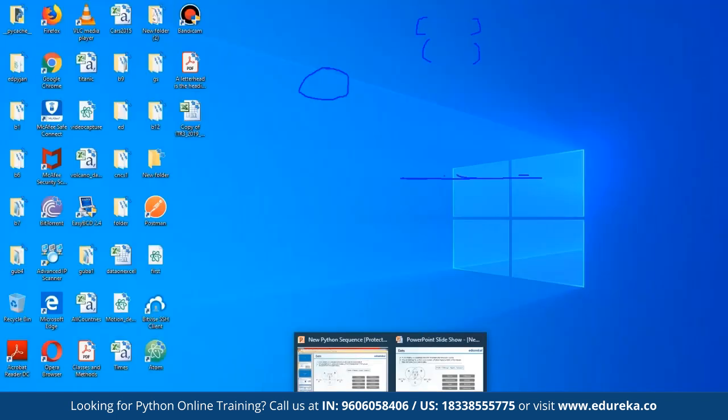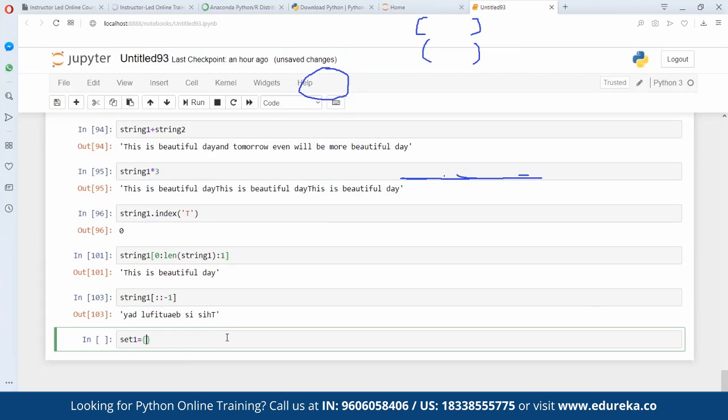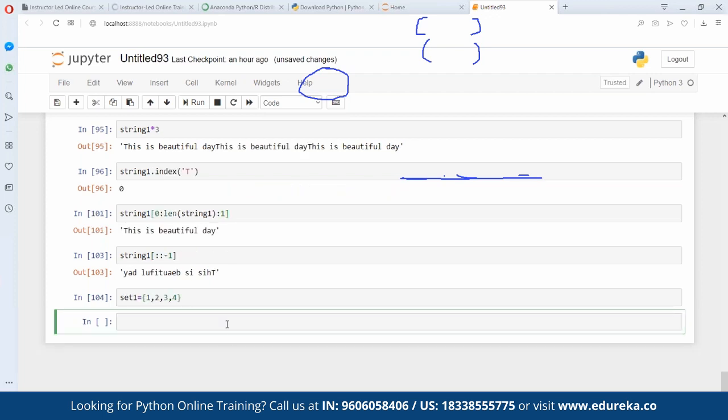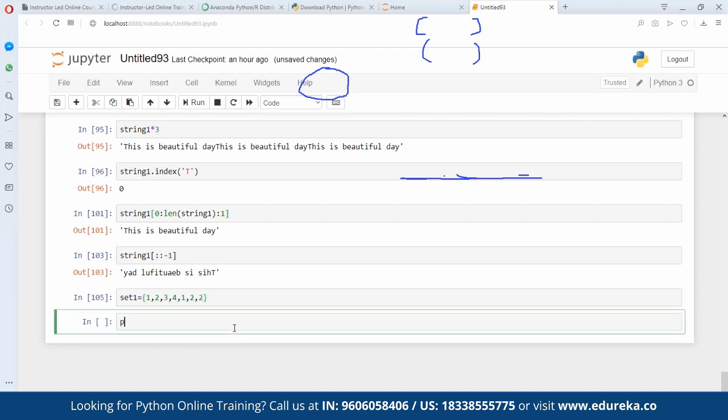So let's create a set, set one. Let's say set one is equal to, in the curly braces we can write the elements, let's say 1, 2, 3, 4. Let me do one thing here. Let me write here 4, 1, 2, 2. I execute this statement, and if I print set one,